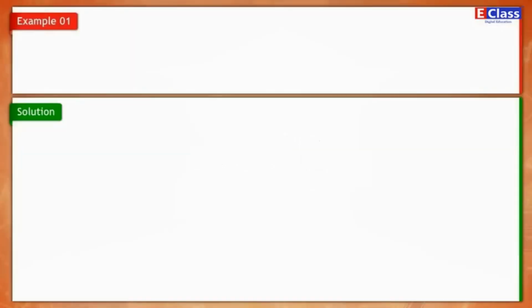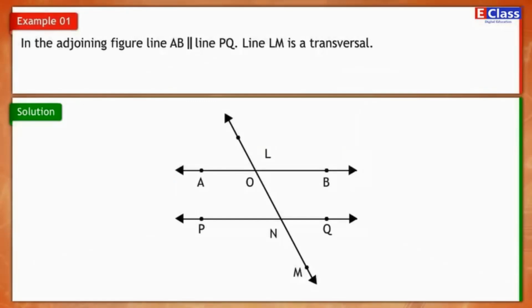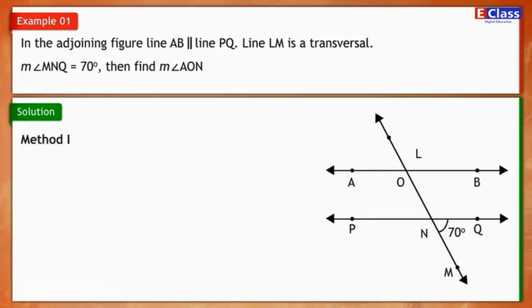Example 1. In the adjoining figure, line AB is parallel to line PQ. Line LM is a transversal. Measure of angle MNQ is equal to 70 degrees. Then find measure of angle AON. Solution. Method 1. Measure of angle MNQ is equal to measure of angle ONP is equal to 70 degrees as